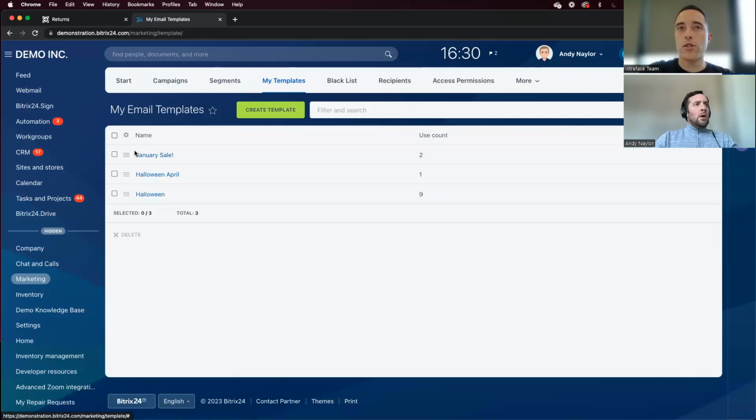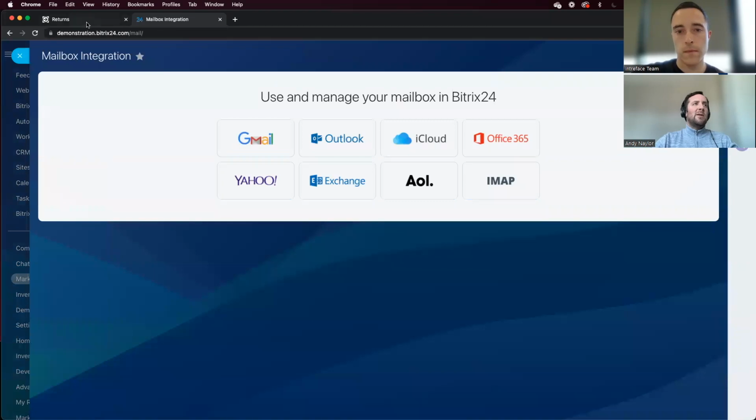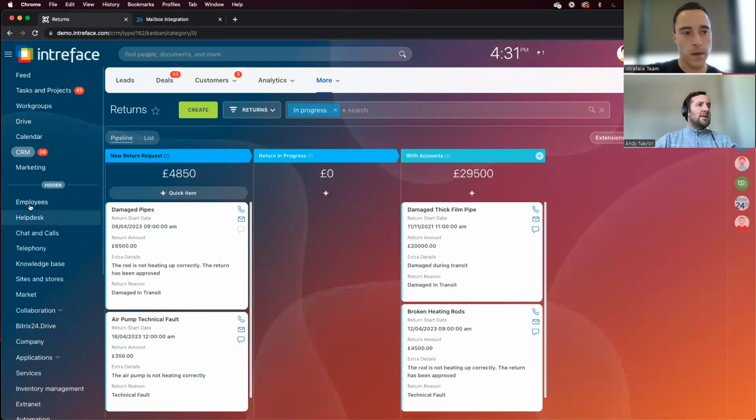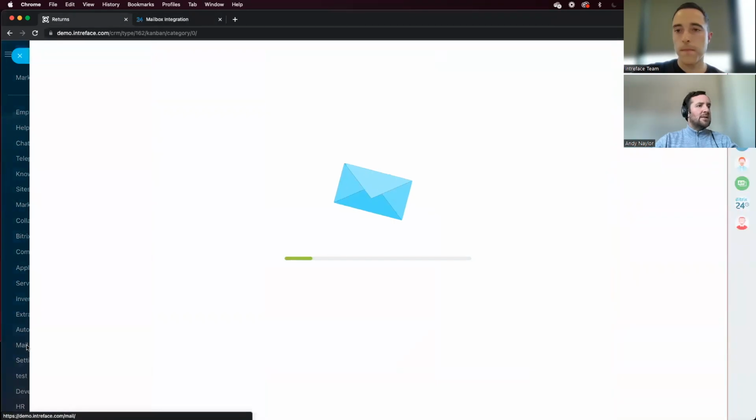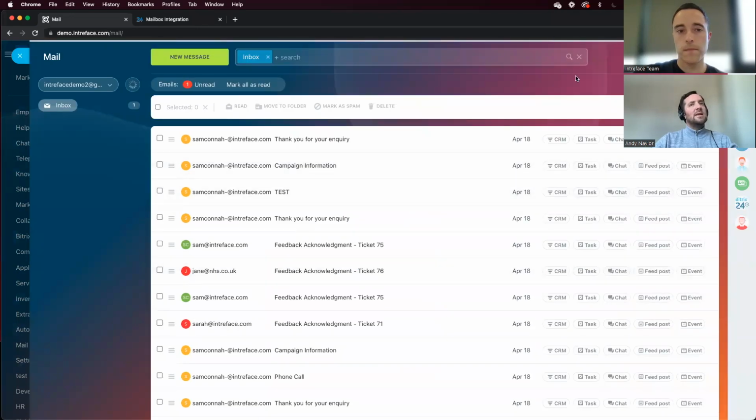Essentially, how do we get that signature on there? Yeah, so if you are connecting up your emails via the webmail link in the left-hand menu, then possibly what you can do is go into webmail. I don't think I've got the mail connected up into this one, but I might in this. Yeah. So if we've got an email connected into here,